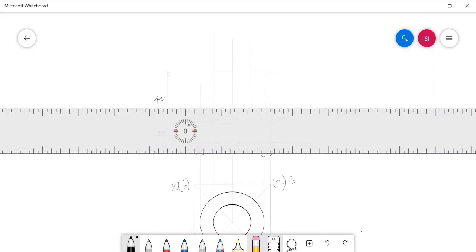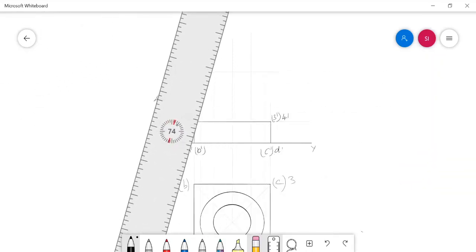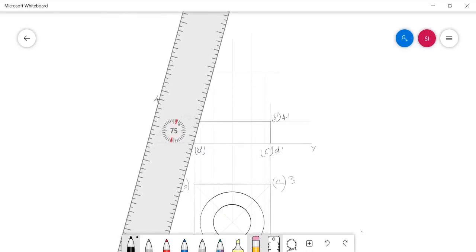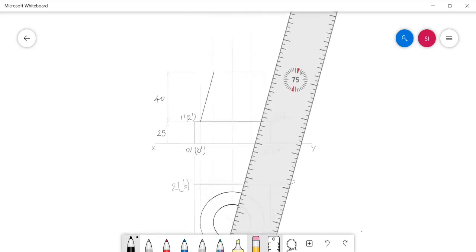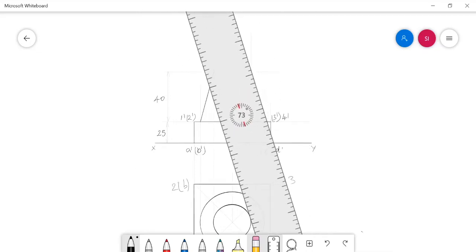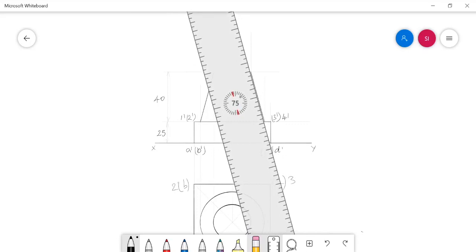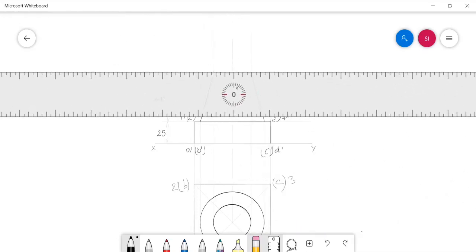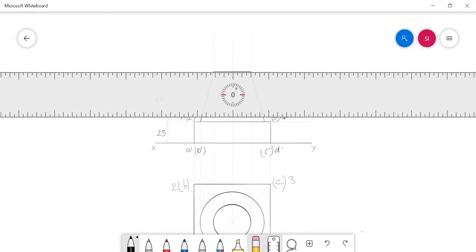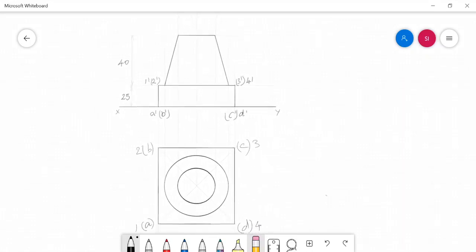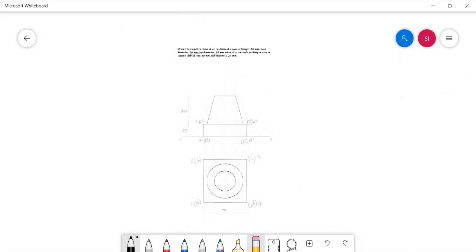And let me complete the front view of the frustum. Now it's over. I have just completed the orthographic views of the square slab and frustum of cone.